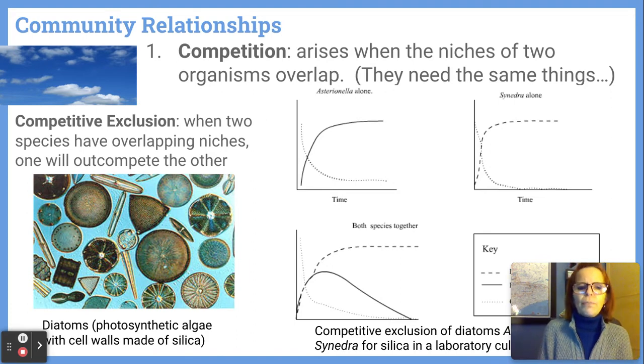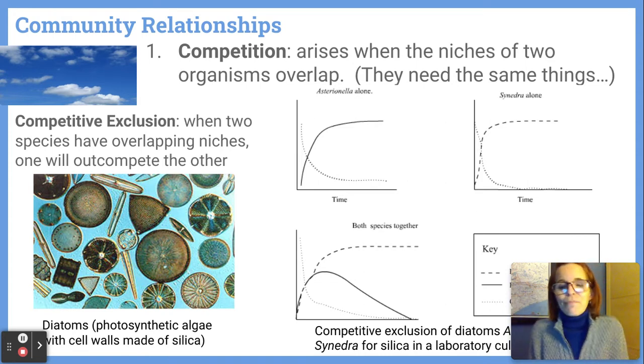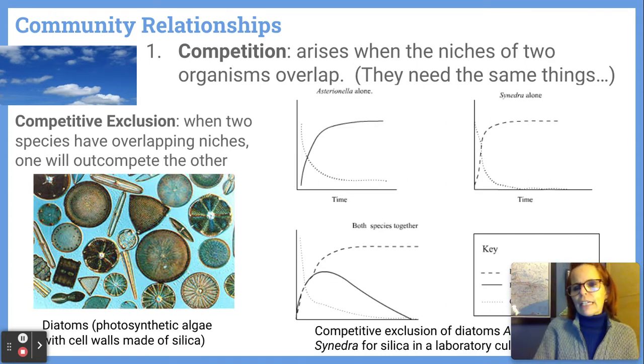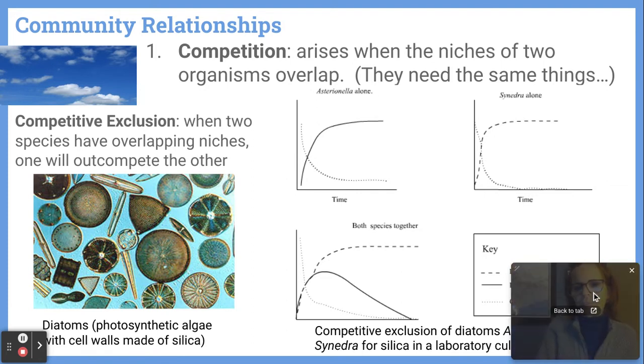So the example that we have here are diatoms, which that's a picture of what diatoms look like. They're super cool, come in bajillions of different forms. They are photosynthetic algae that I heard it's like they have walls made of glass. That's what I've heard. So their cell walls are made of silica, which is what glass is made of. So pretty cool.